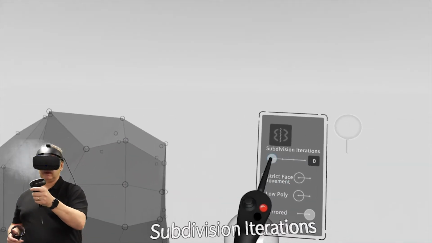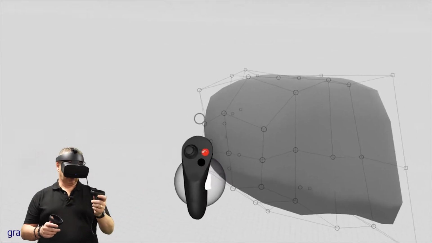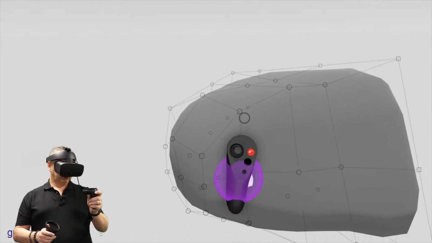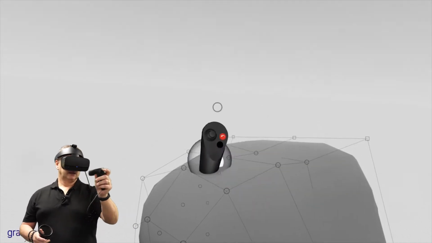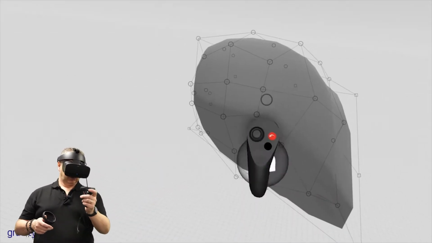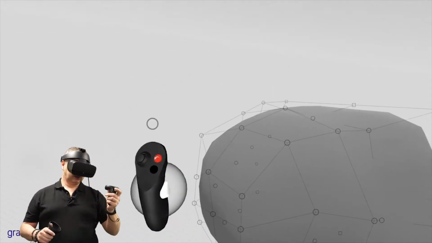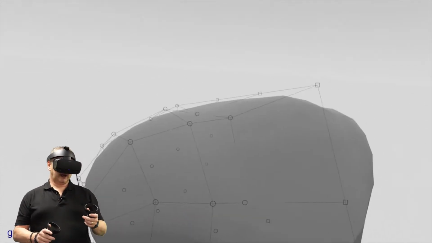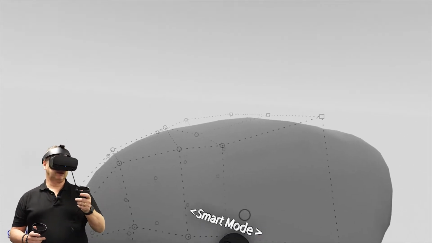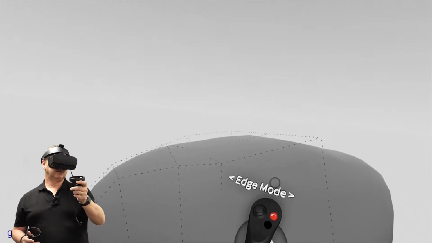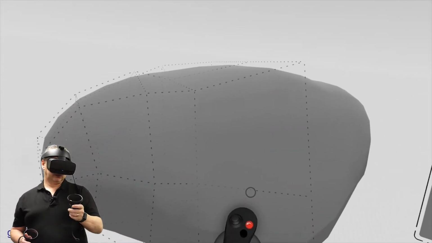Now go back to subdivision for a moment just to see, because I'm going to make some kind of a head with bulgy eyes at the side here. So moving it around like so, and now I want to smooth this down or maybe tighten it. Maybe I'll put a split through here first. So edge mode, put the split through here,